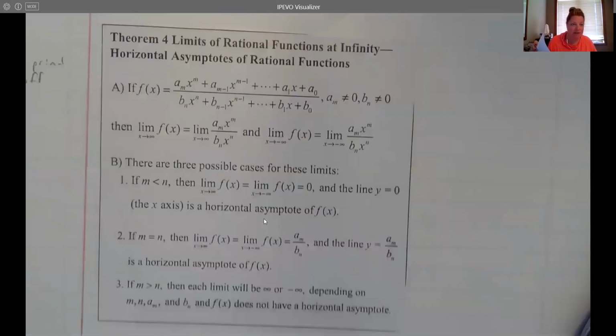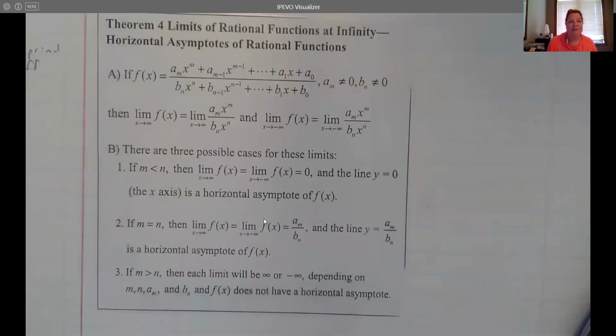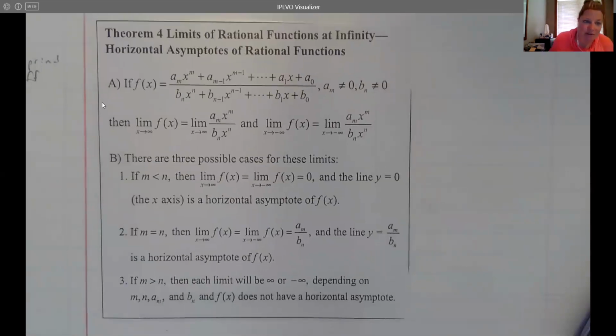Okay, so I have a little chart here. This is actually printed straight from your book. Okay, so this is theorem 4, limits and rationals. So let's look through this real quick. If the function looks like this, it looks ugly, but all I'm saying is it's a polynomial on top and it's a polynomial on bottom. So a number times x to some power plus a number times x to some power that's going down. So x squared, x, number, x to the third, x squared, x, number. The limit as you approach infinity, as you're putting in infinity,